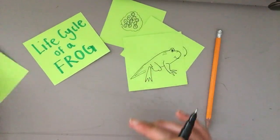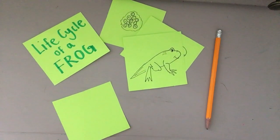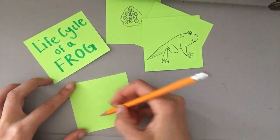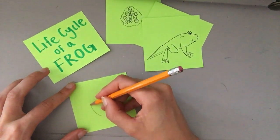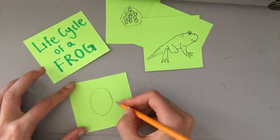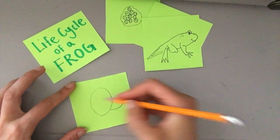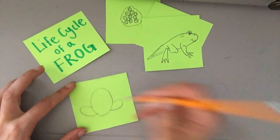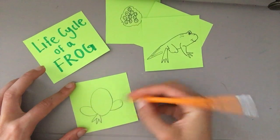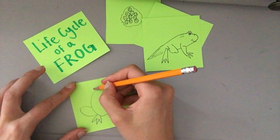Froglet's done. The last one I'm going to do is a full-grown frog. And I'm doing this one in pencil first so that you can see the general shapes. So the first thing is you're going to want to make an egg right in the middle of your paper. And then I want you to make 2 ovals coming out of the side that aren't completely finished. Then you can give him his feet. And at the top,